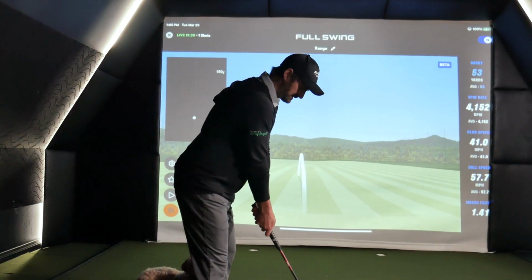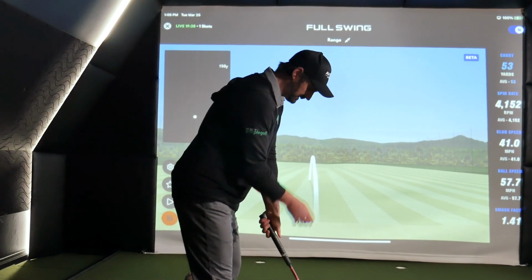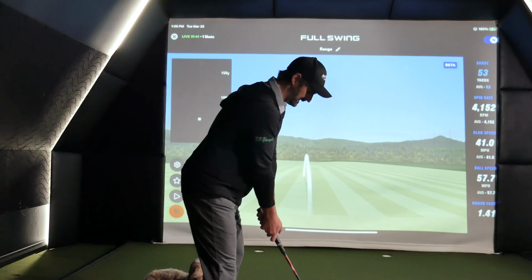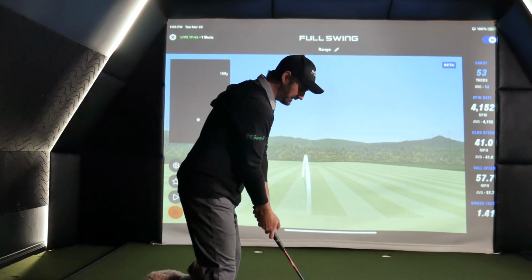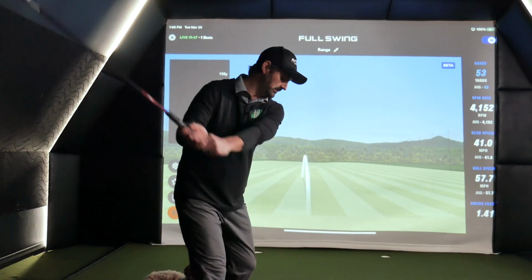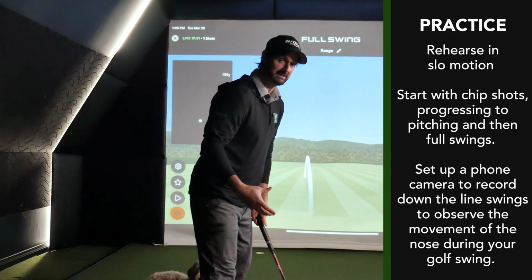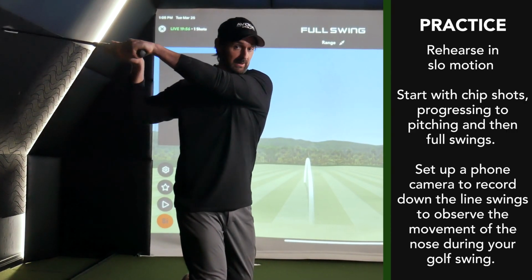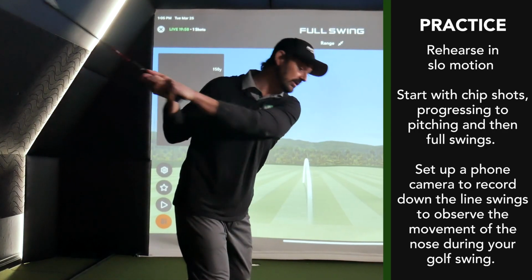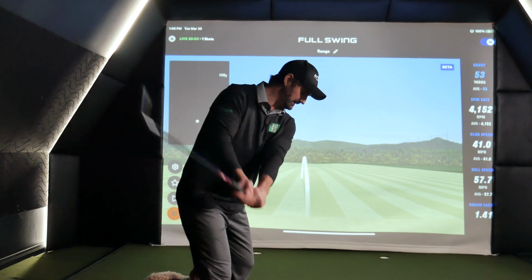As we take our setup, I'm stable, I'm finding my balance, and my intention is to keep my nose steady. I keep it steady there. I am going to be very aware if I move away from it. Just this little goal is going to fix so many different swing flaws, because you can't make a bad swing where you're over here, or if you come over the top, if you keep this nose still. So every swing you make, just rehearse,